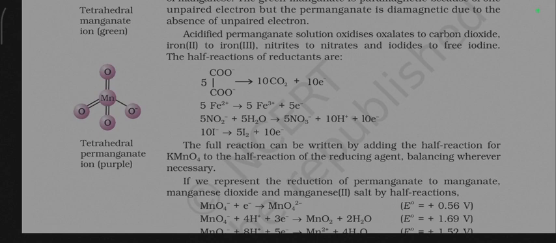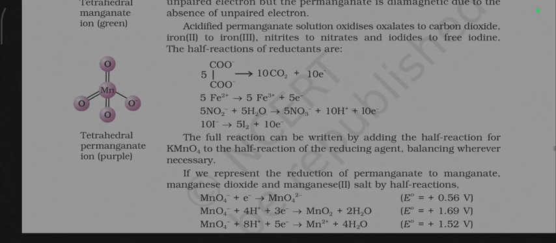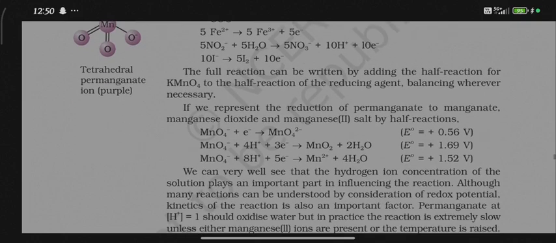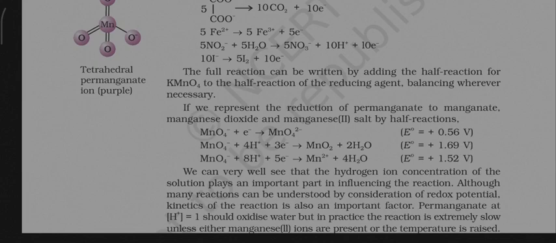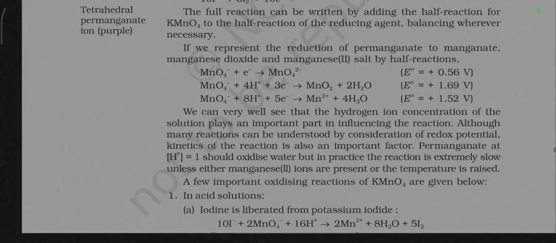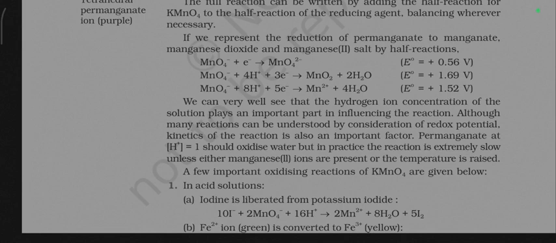The half reactions of the reductants are 5Fe2+ gives 5Fe3+ + 5 electrons, and 5NO2- + 5H2O gives 5NO3- + 10H+ + 10 electrons. The full reaction can be written by adding the half reaction for KMnO4 to the half reaction of a reducing agent, balancing wherever necessary. If we present the reduction of permanganate to manganese dioxide and manganese(II) salt by half reactions,